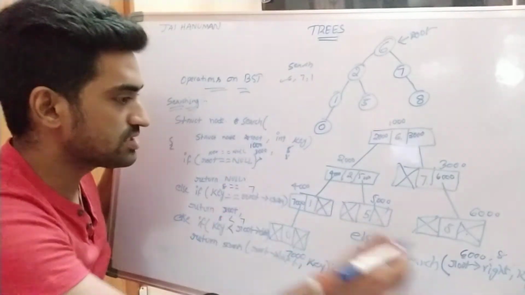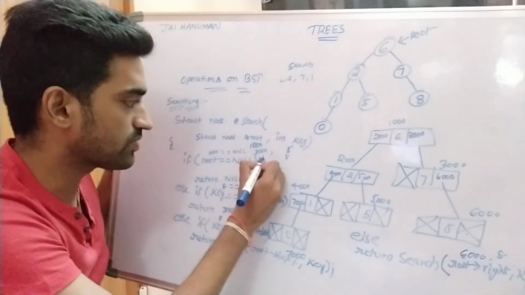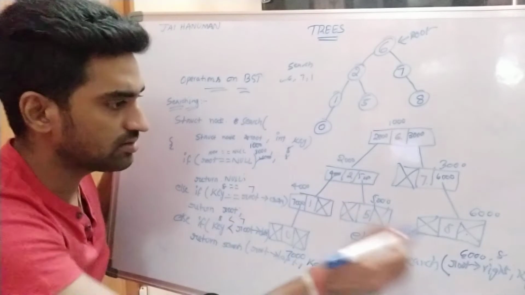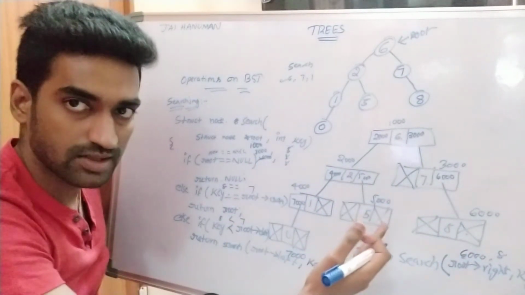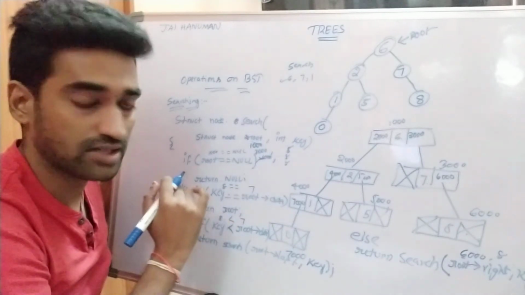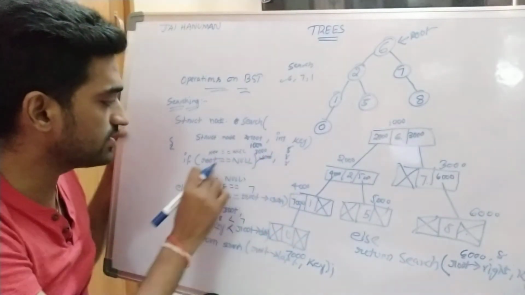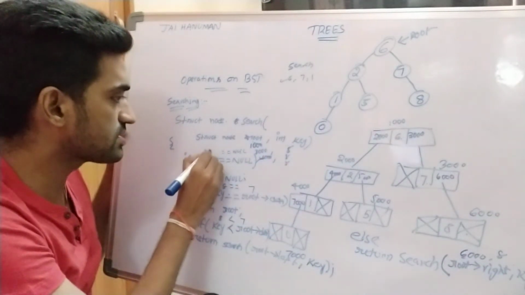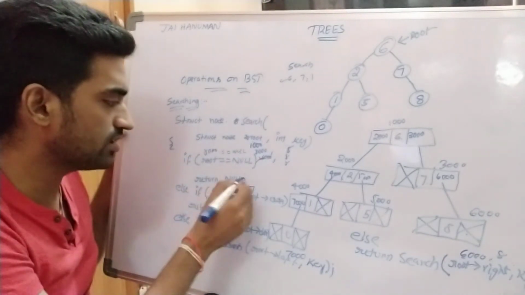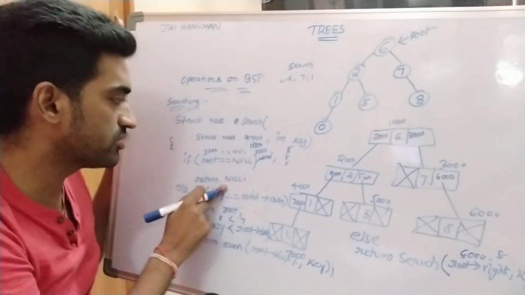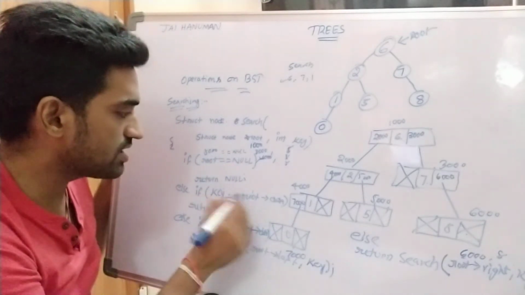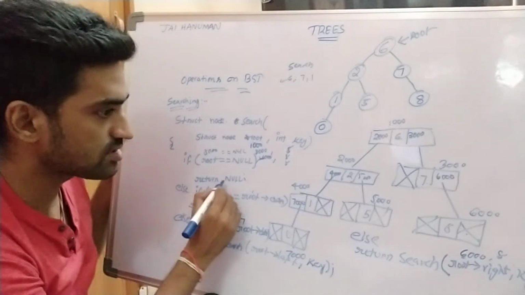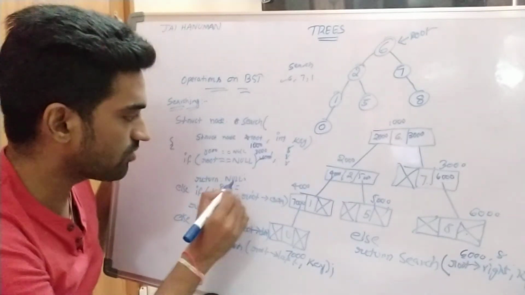Now these parameters are copied into this one. 6000 comma 8. So here we are calling the function recursively until we can find out the desired element, right? So 6000 comma 8. So root is equal to null? So return null. This is obviously failure condition. Why? Because element is existed. So key is equal to root data. So key is 8, 8 is equal to root data.